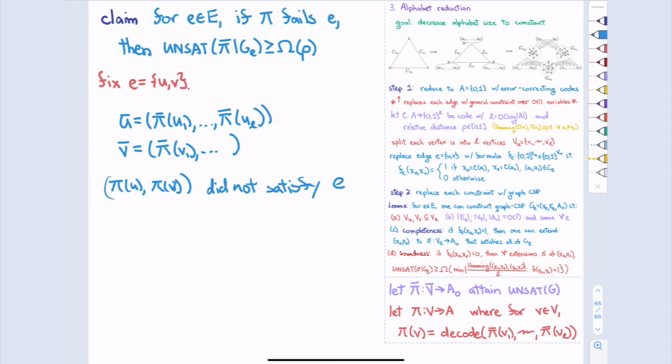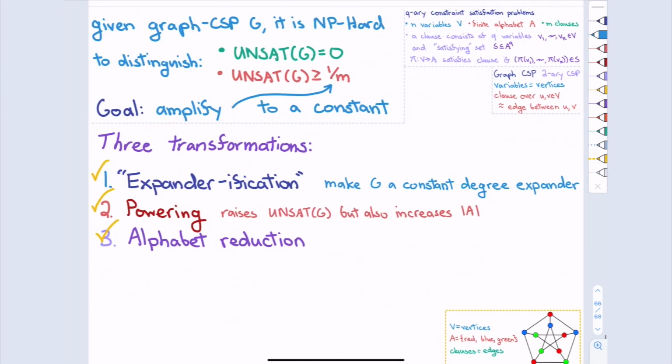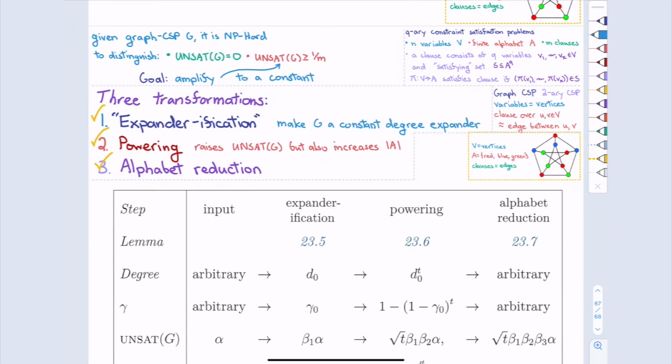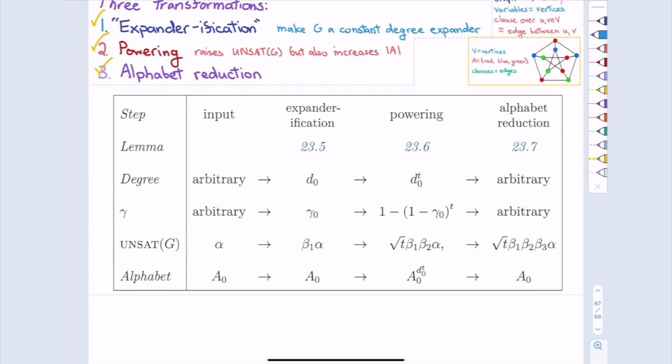And finally, that crazy graph GE promises that if you're far away from a correct solution, you're going to get a lot of GE wrong, something proportional to the distance. So that sums up that lemma. That's where error correcting codes come in. Those are the 3 transformation steps. I know I'm going very quickly, and I'll fix the calculations in the notes. At the end of the day, when you put everything together, this will finish off our thing.